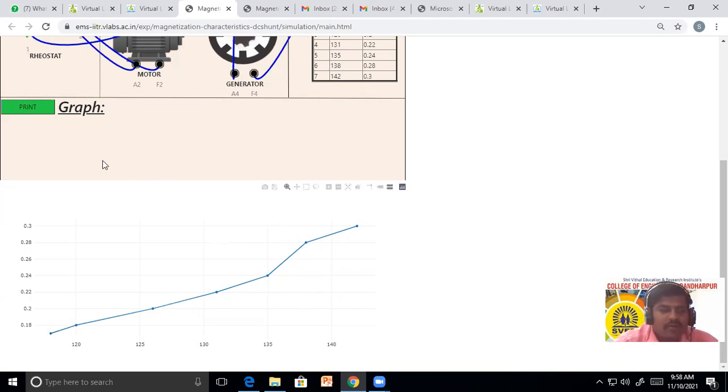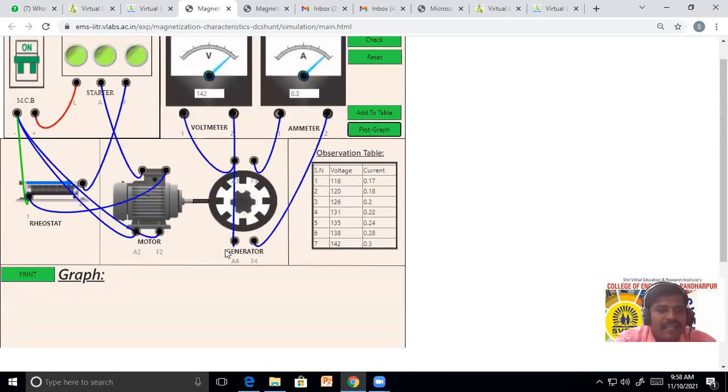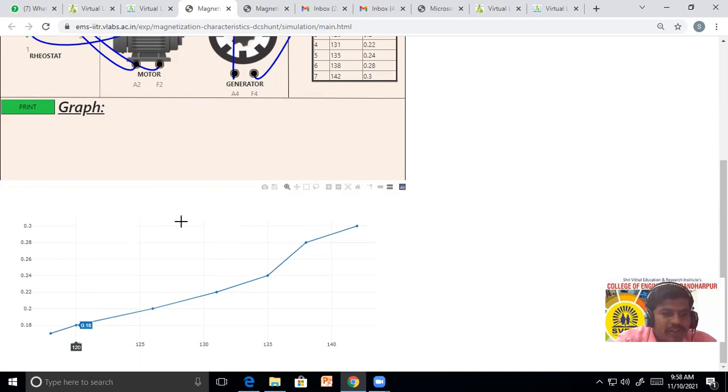If we want to print this graph, ग्राफ बघा, इथं पहिल्यांदा काय झालंय, ड्रॉप झालेलं आहे. Then it will show some linear relationship. याची रिलेशनशिप लिनियर आहे. After that, after some point, or it may be from this point, it deviates from its linear relationship, the curve changes. After this point it will be like a constant, or it may be that magnetic saturation will happen. So this is called the magnetic characteristics or the open circuit characteristics.